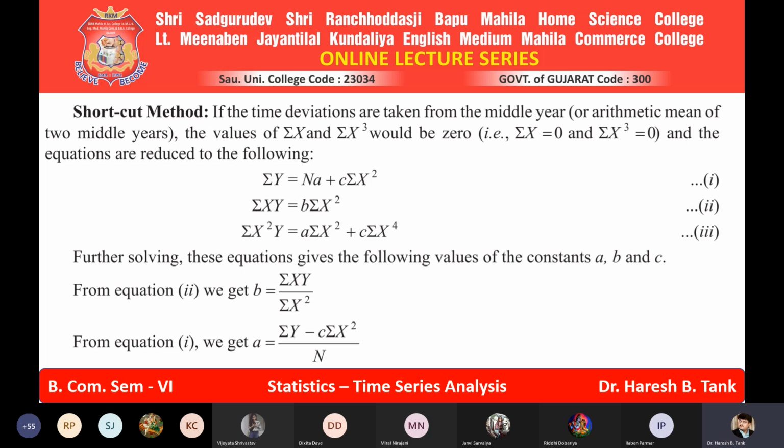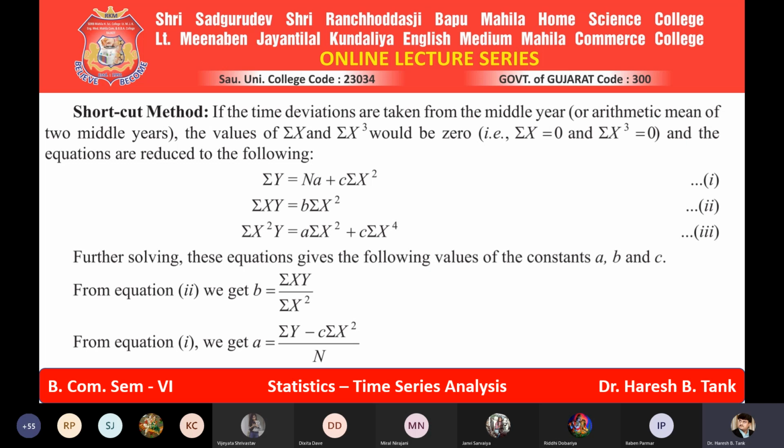Whenever you try to make this summation of x 0, automatically summation of x cube goes to 0. By all means, you can test it. We'll be testing it in the further process. If you are able to get summation of x as 0, automatically summation of x cube will go to 0. When these two elements go to 0, the three equations which we found just now can be reduced to